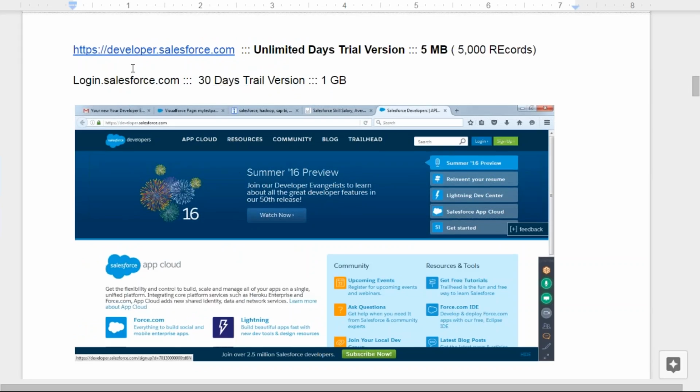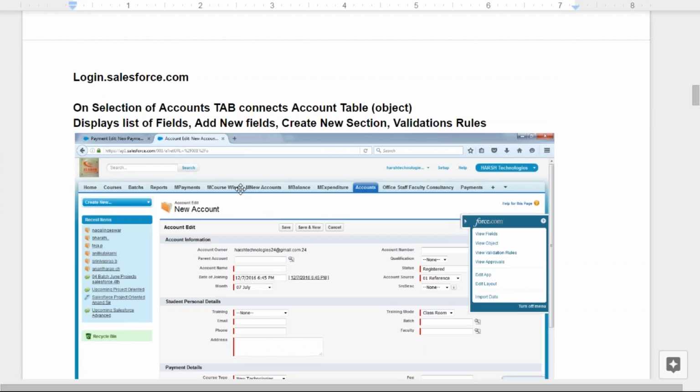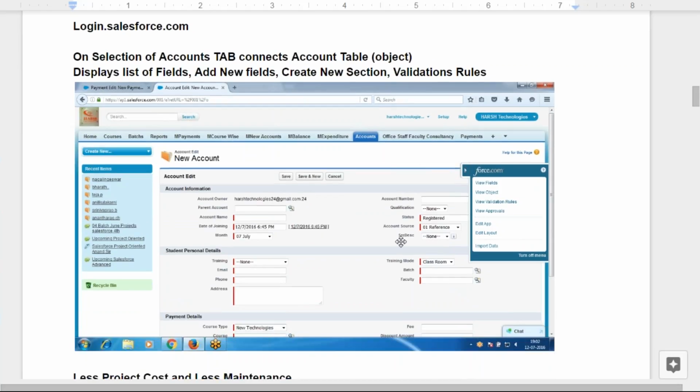To access this cloud environment, go to force.com. Just create a force.com ID, which is an unlimited days trial version ID with 5 MB memory. You can access it. Salesforce has standard screens and standard web pages, where you can add fields, delete fields, modify sections, and write validation rules. I can customize the screens how you require for your business purpose. I'll show the standard screen to the client, and the client will specify to add some new fields, delete some fields, or edit the section. Whatever you want, you can modify it.